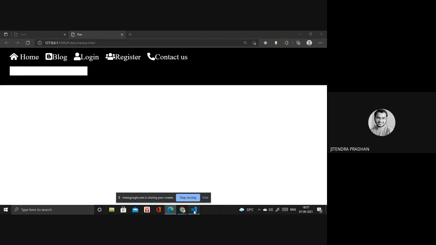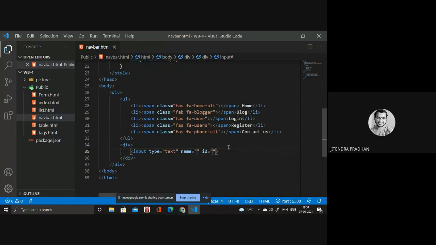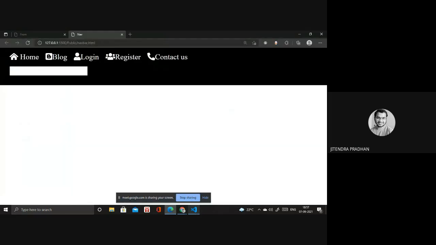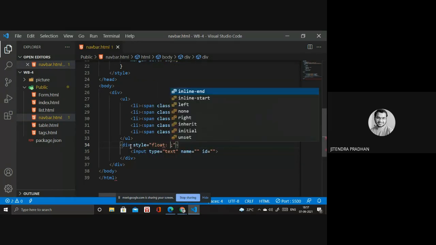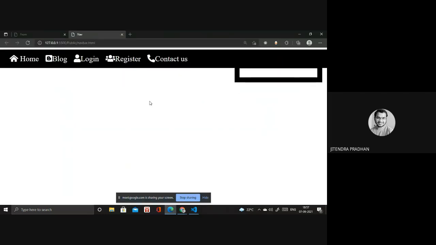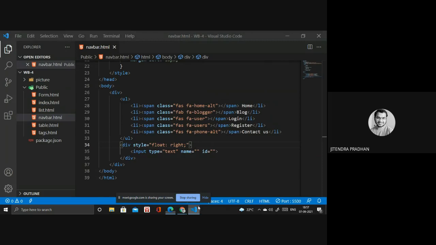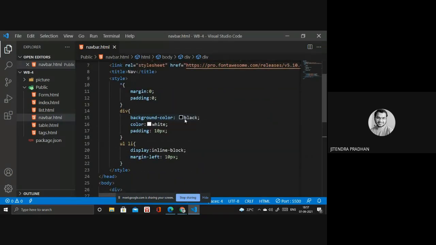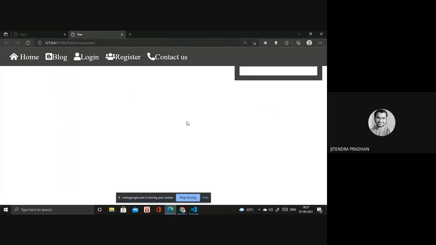So if I design it on the left side, you have to write style inside. If you give float right, let's see if it will be assigned or not. It's assigned, but I need something bigger, more like the top of that. If you want to change the background color, you have to go to the color picker and choose a particular color. So it's looking good, I think.